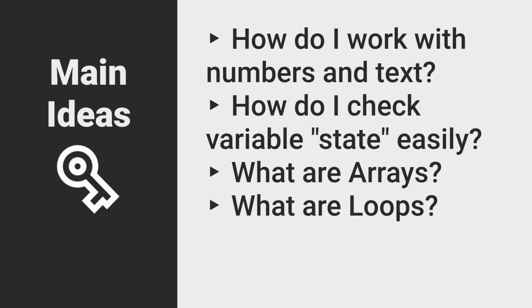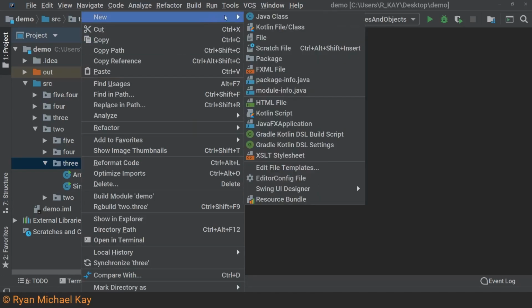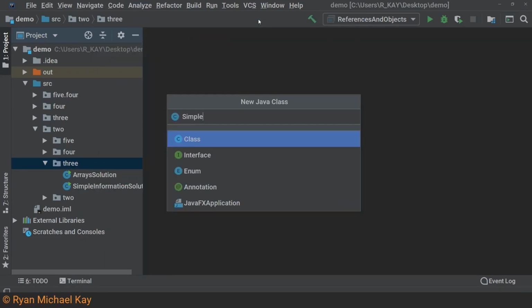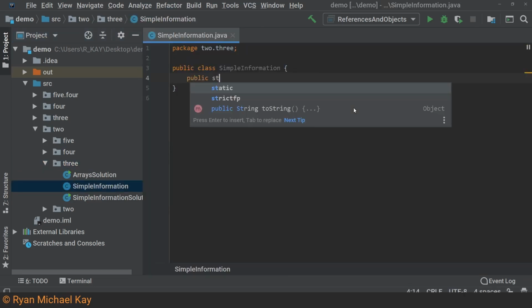In this lesson, we are going to look at how to model and work with simple information. Before proceeding, please open up your preferred IDE or online editor, as I fully expect you to follow along with me by writing out the code examples. In the previous video, I used a debugging tool called a stepper to look at the state of my variables as they change during runtime. There is also a simpler and faster way to do this.